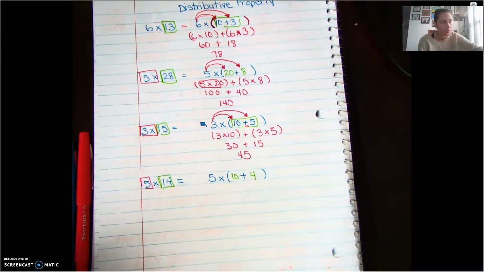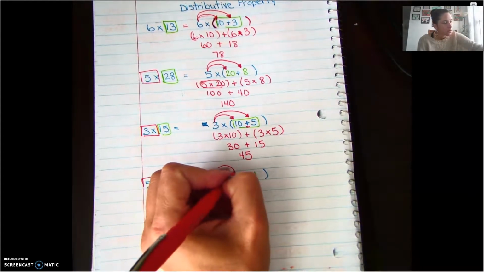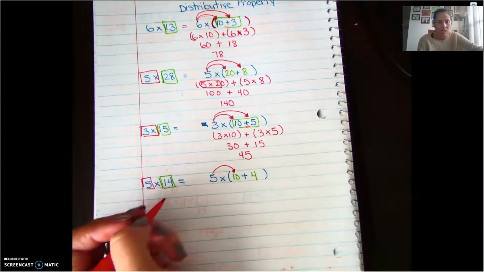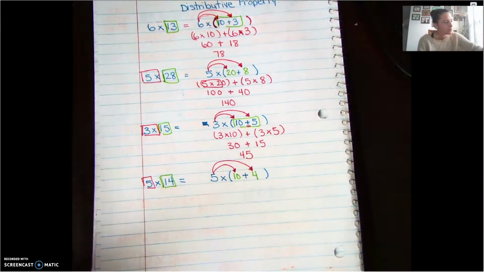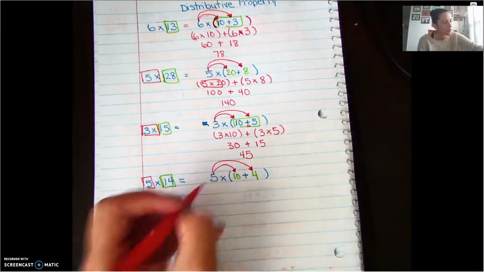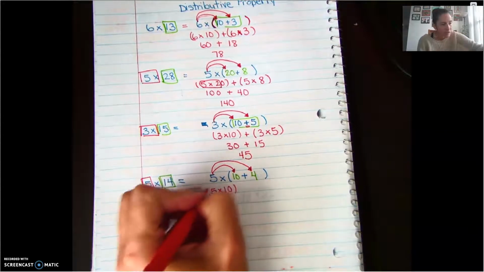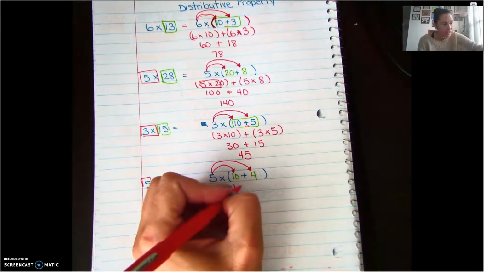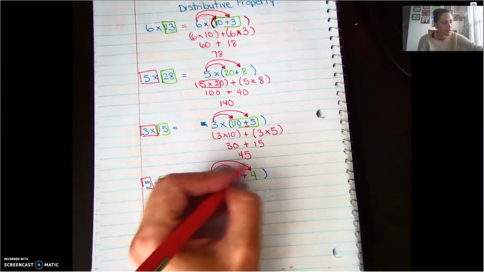Remember our expanded form. We're going to distribute. 5 is going to times 10, and 5 is going to times 4. So we have 5 times 10, parentheses, plus, don't forget that plus, and now we distribute 5 times 4,